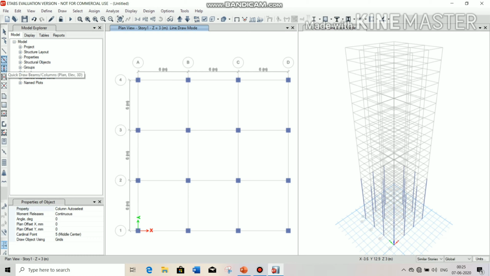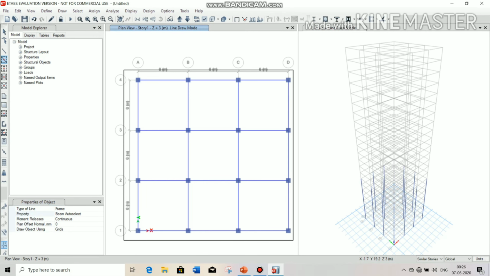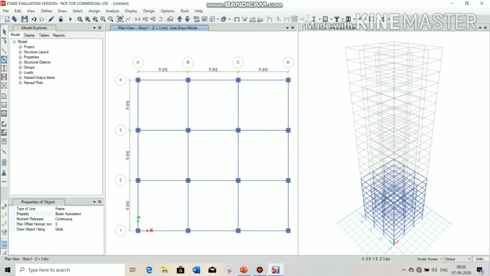Similarly, select the quick draw beam option, which is in your left side column, and first change its property to the beam auto select option you defined, and select all the required area. Then select the quick draw slab option, change its property to slab 150 and select the required area.